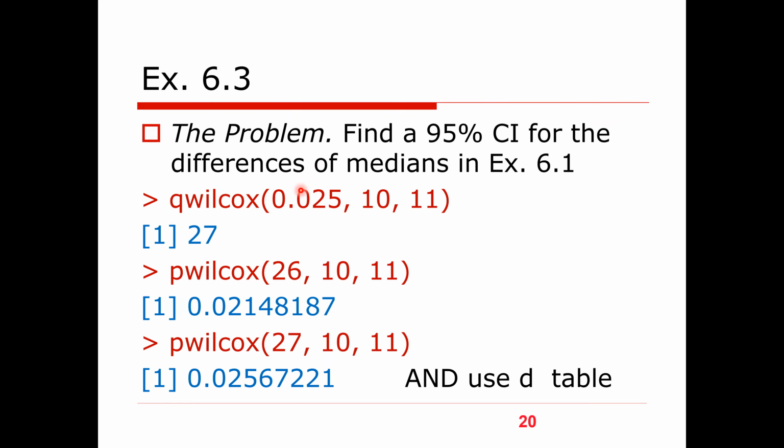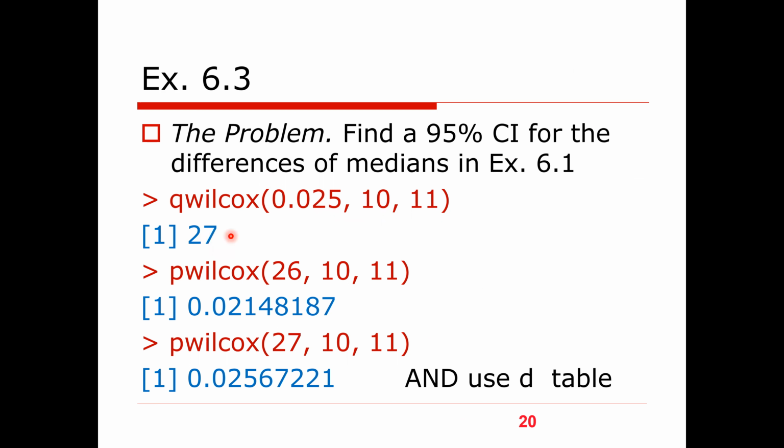For our problem, because alpha is 0.05, then one side corner is 0.025. The next two numbers are the m and n respectively, and it returns 27. It means the 27th largest Dij and the 27th smallest Dij are the upper limit and lower limit of the